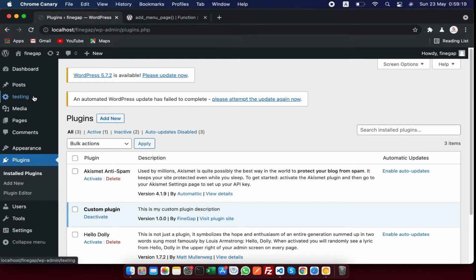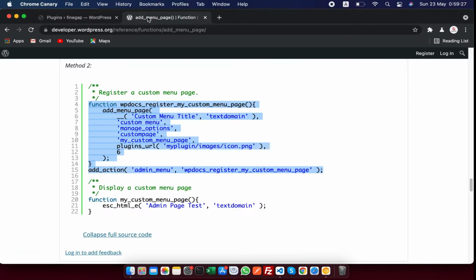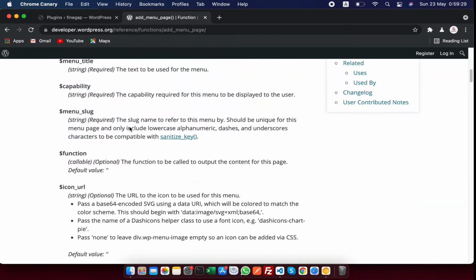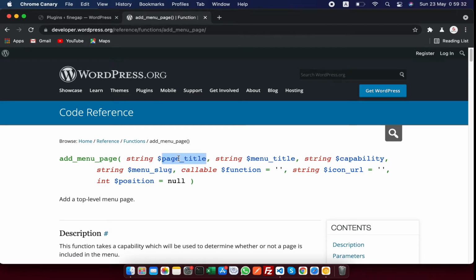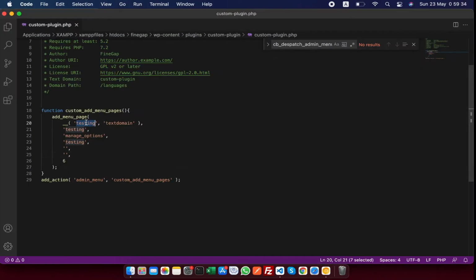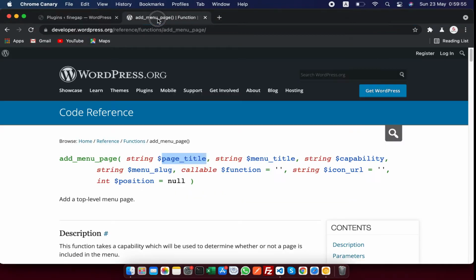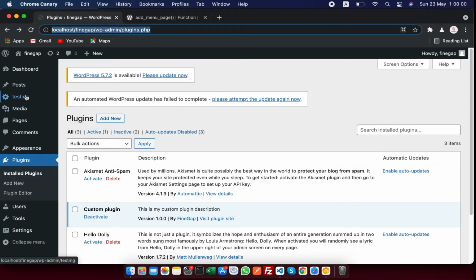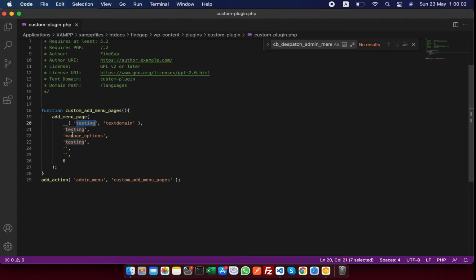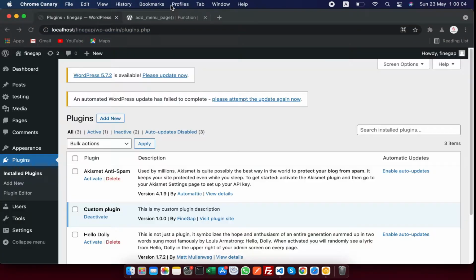As you can see, an admin page named Testing is created by code. So what is the description of this function? Page title: Testing. As you can see, the page title will show there. Menu title: as you can see, the menu title is already showing there. This is the menu title.